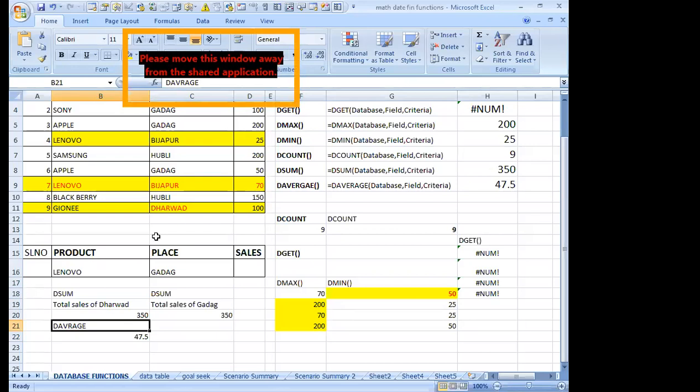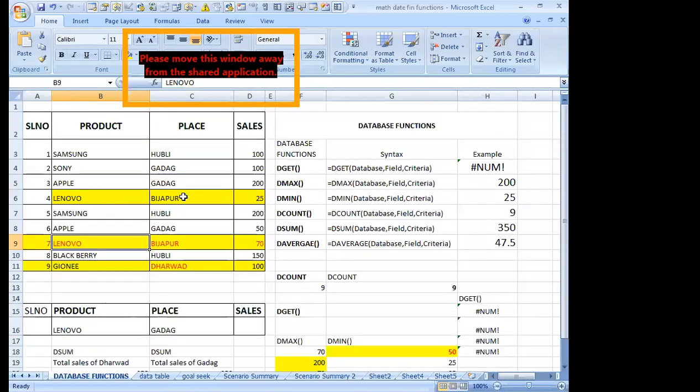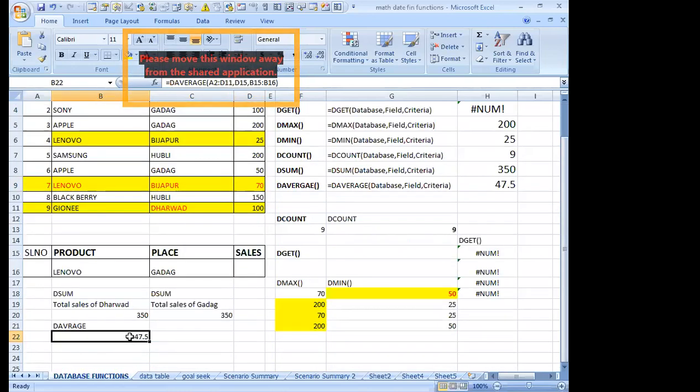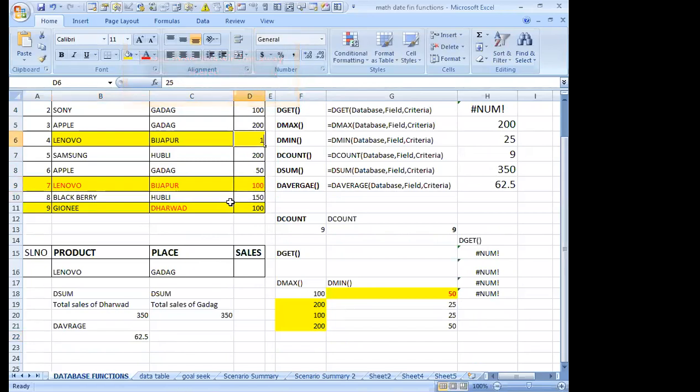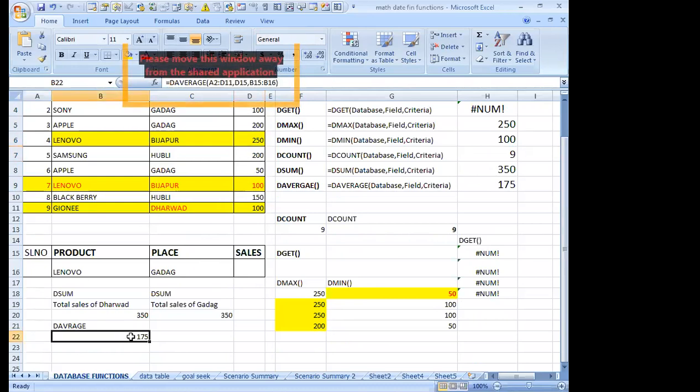See here, for the Lenovo, that is 25, it is 70, 95. 95 by 2, the answer is the same now. If I'm changing the values in the database, it affects your formula answers. The average function.